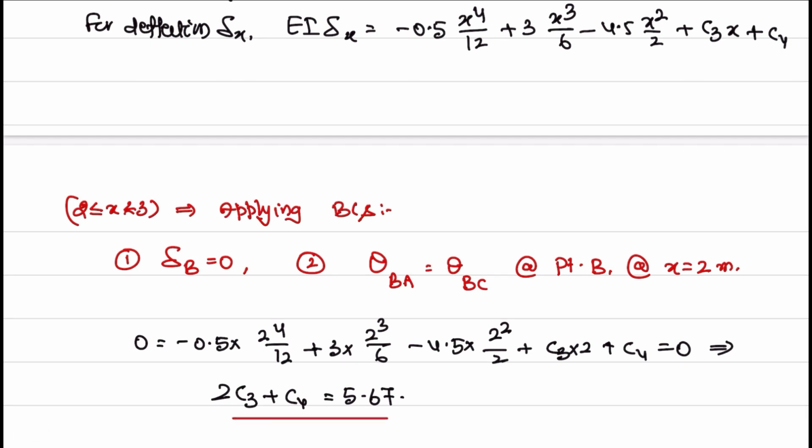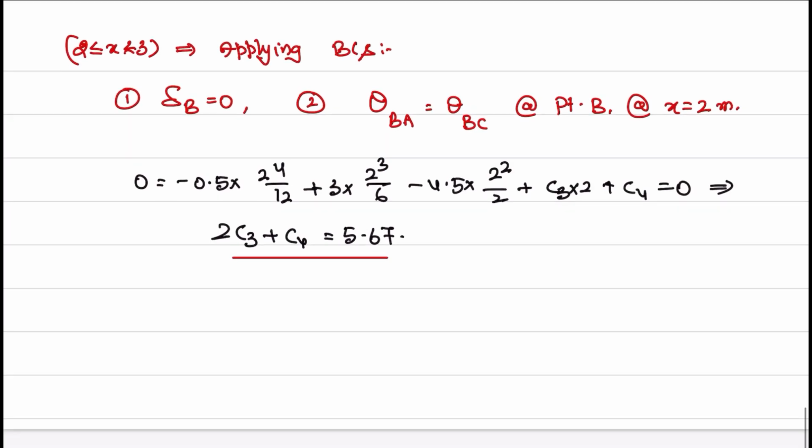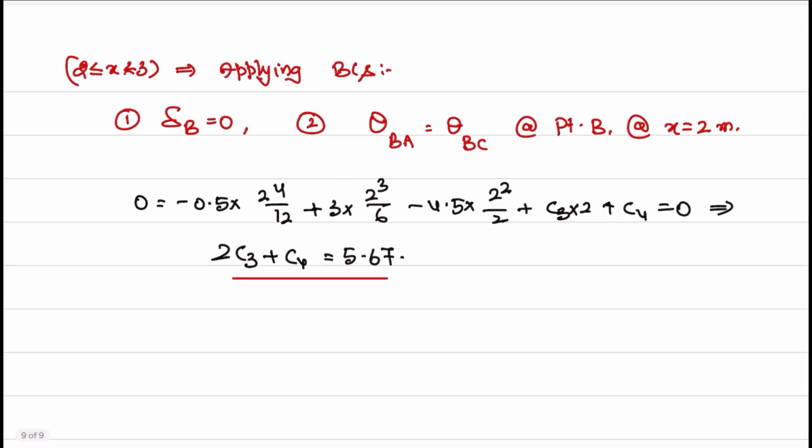First equation from the first boundary condition. Now, by applying the second boundary condition, what happens? Second boundary condition, theta BA is equal to theta BC. What is theta BA? Theta BA is equal to